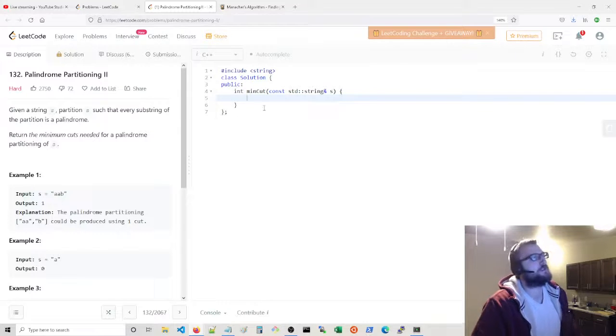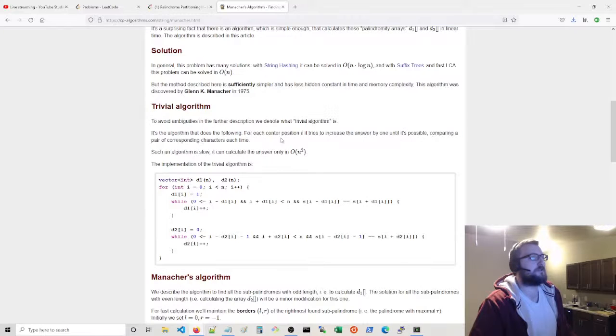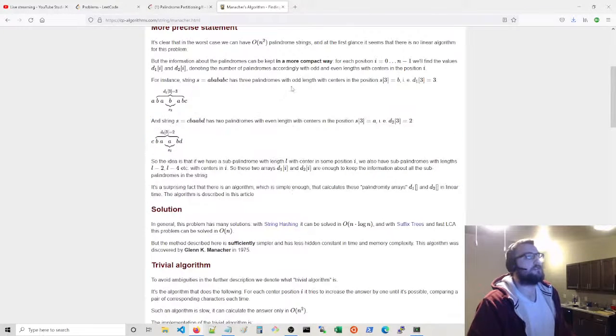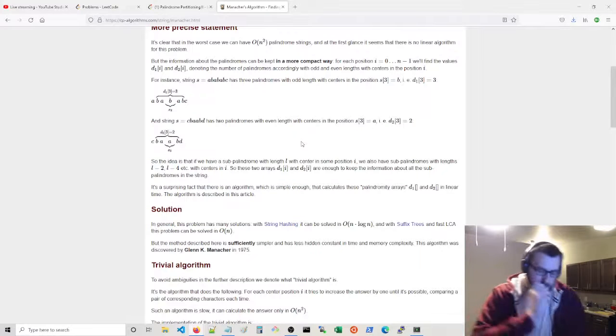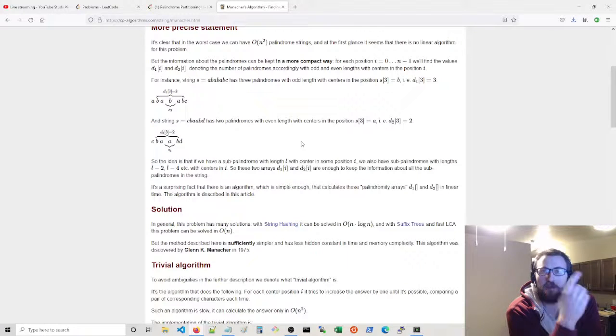So what that would look like is, if you found a palindrome with a trivial algorithm, then we're going to process that at the end and make our cuts. The trivial algorithm we can use to find a palindrome gives us our left and right, our L and R values. And for all the values from the left side to the middle,